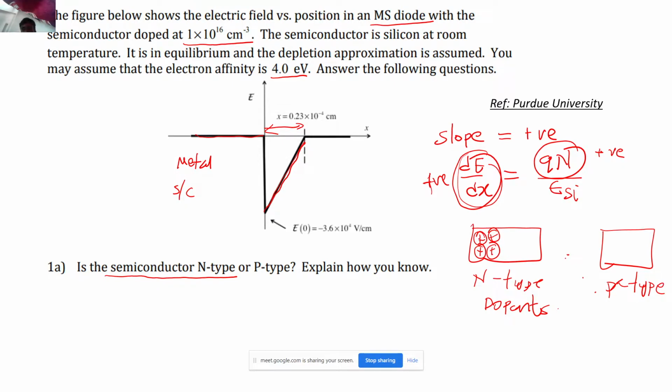See, this is a positive charge density, right? So something must be there on the left side to balance it, because in the depletion region, if you look at the whole depletion region, the net charge density is zero inside the complete depletion region. I'm not talking about the separate regions in the semiconductor or the metal, right? So the net charge density over the whole region should be zero, so something should be there which must be balancing this positive charge density.